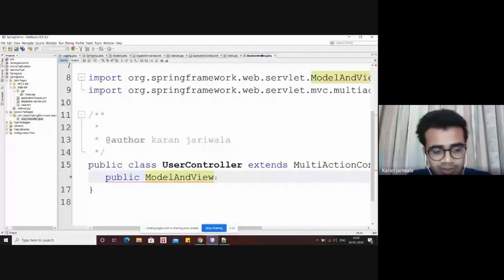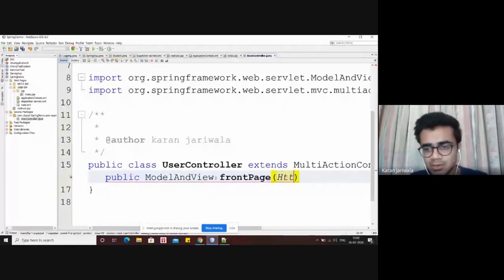ModelAndView, I will name one method, that is frontPage. As we are dealing with HTTP requests, so I'll be getting one HttpServletRequest, comma, HttpServletResponse. You can do control space and you can get over here, that is servlet response, response.